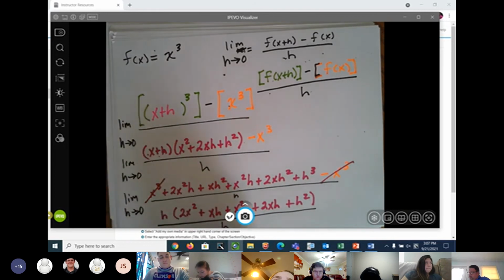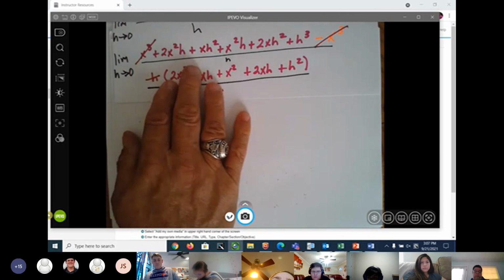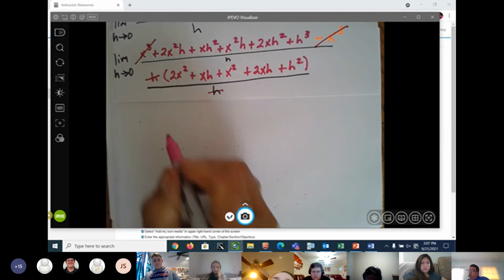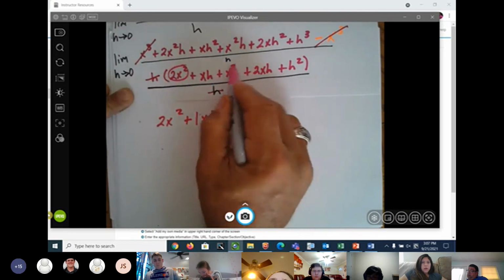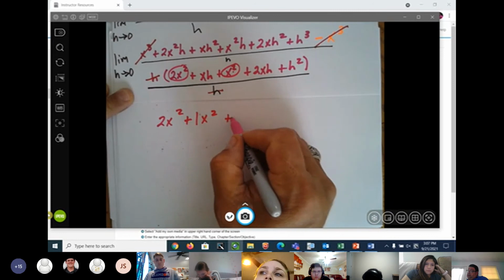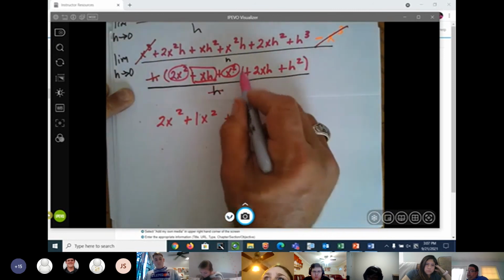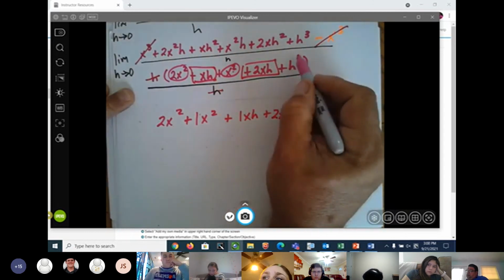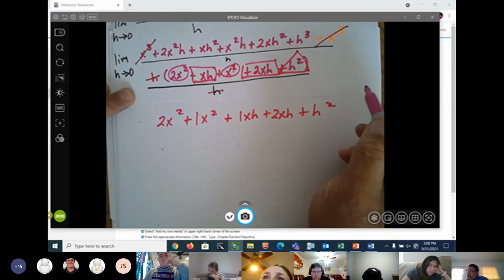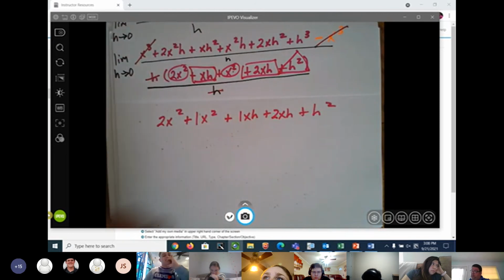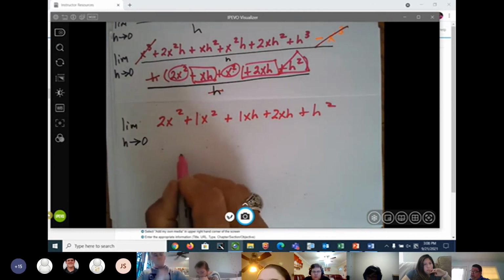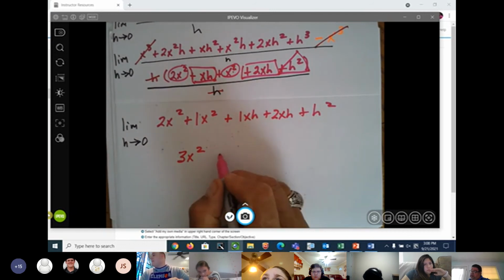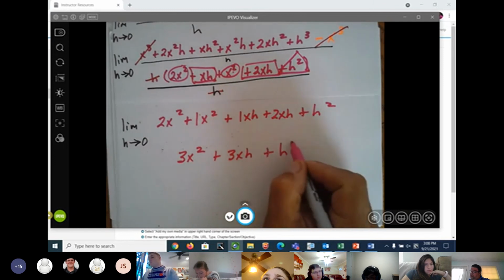Okay? Now, of course, the h's cancel. And that's going to leave us with 2x squared plus 1x squared plus 1xh plus 2xh plus h squared, limit as h approaches 0. 2x squared plus 1x squared is 3x squared, plus 3xh plus h squared, limit